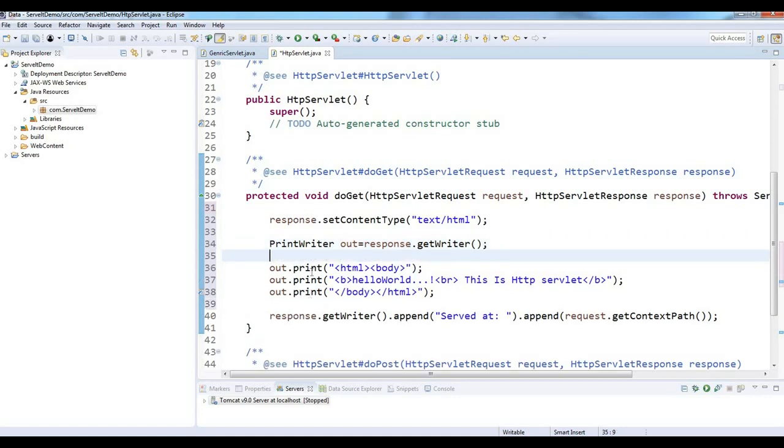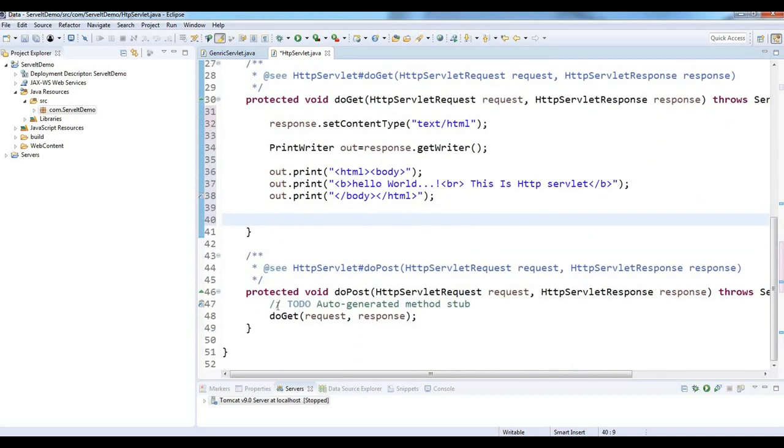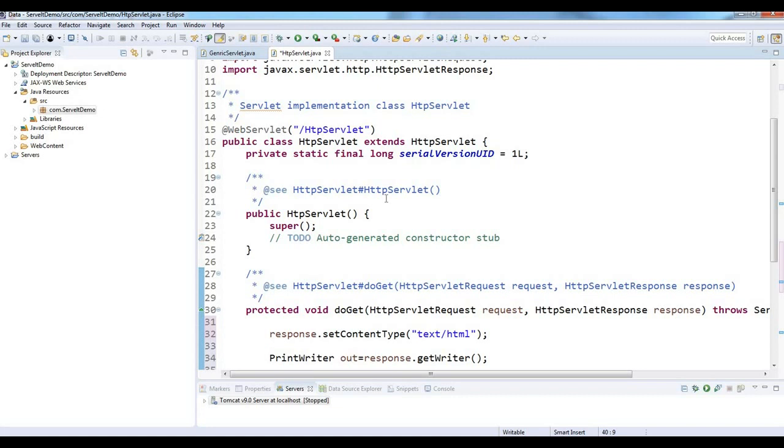Next, out.print HTML tags, out.print hello world, and then on the very next line, this is HttpServlet. This is the message I want to display in the web page. Clear this line and leave the remaining things as default.